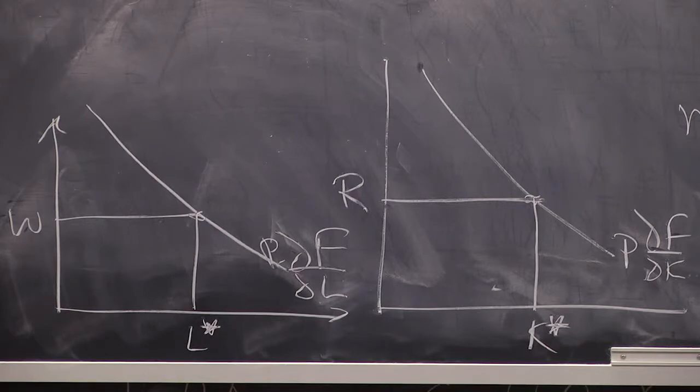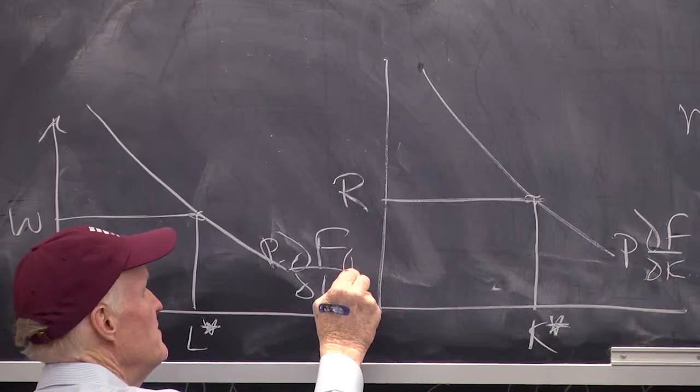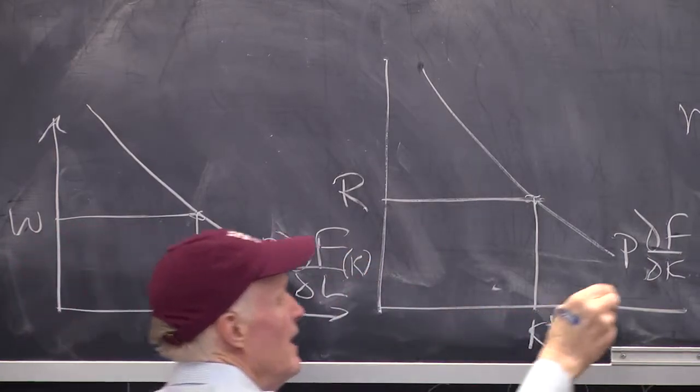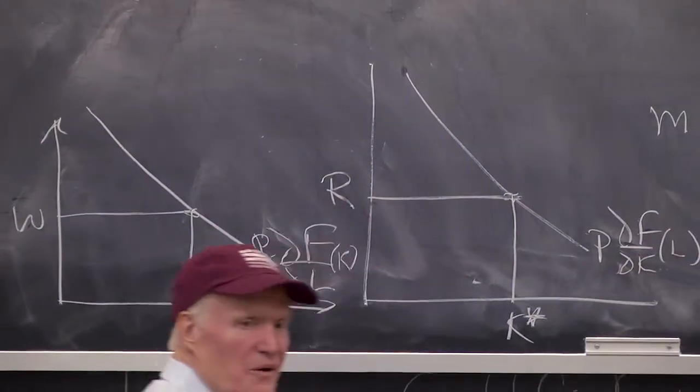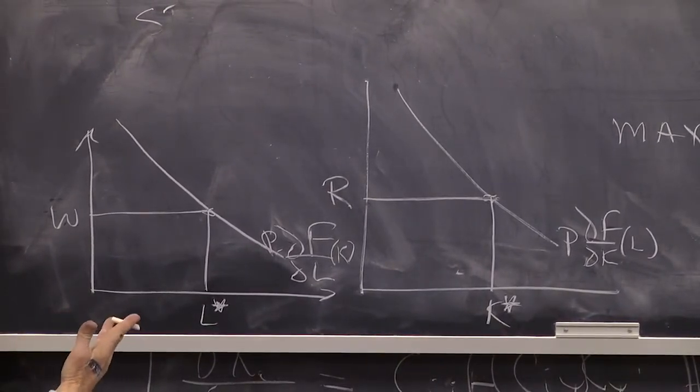Okay? Of course, the tricky part of this problem is that this depends on K and this depends on L. So these are really simultaneous equations. Nonetheless, at the equilibrium, it has to